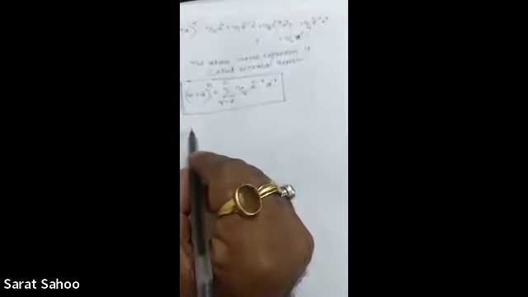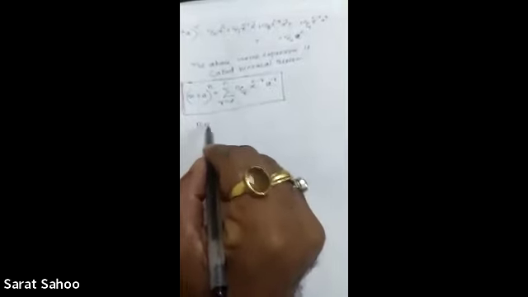So replacing a by minus a, negative a, in the above expansion, we will get the expansion of (x minus a) to the power n. Replacing